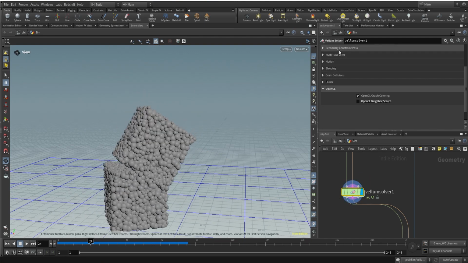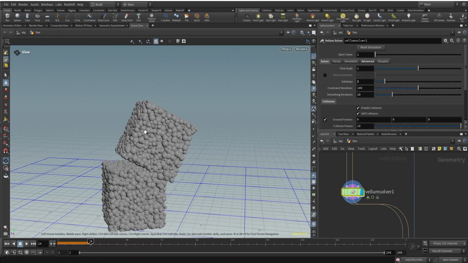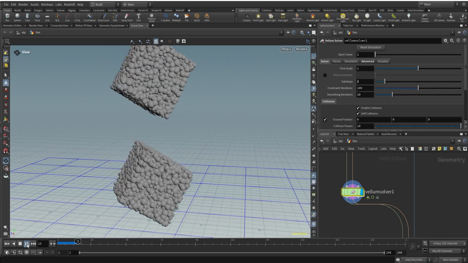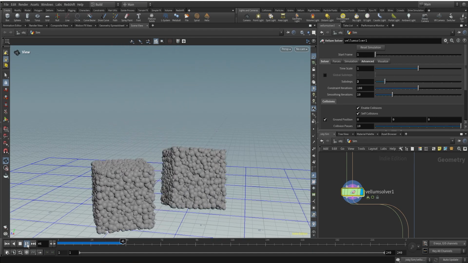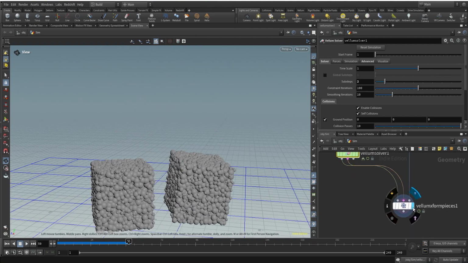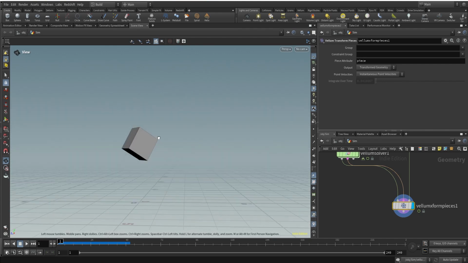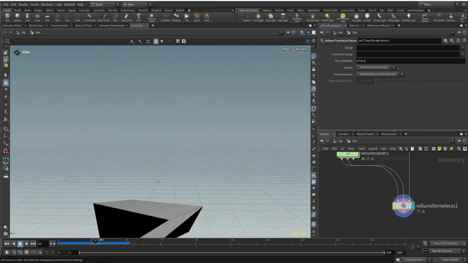So as you can see here, when we are running the simulation with 2 objects, they are colliding with each other, they are going inside each other. So if I increase the substeps, as I did here, I have increased the substeps to 2, and that worked fine. But when we are using the transform pieces, when we are transforming the simulation here, we are not getting anything, and that is because